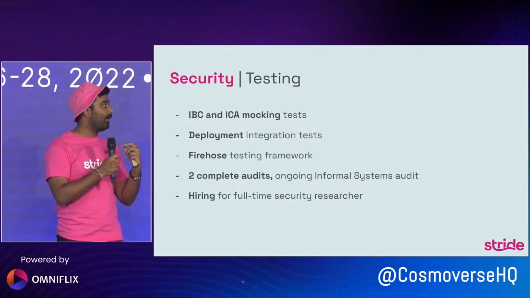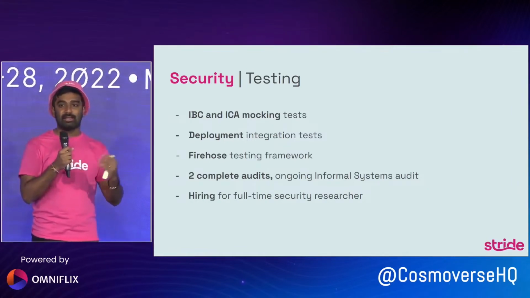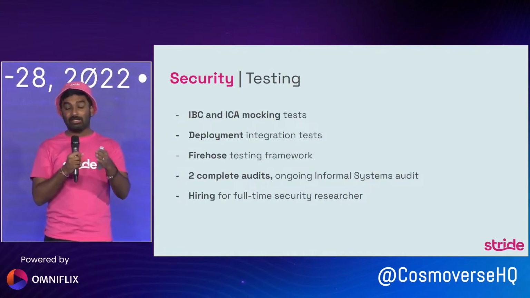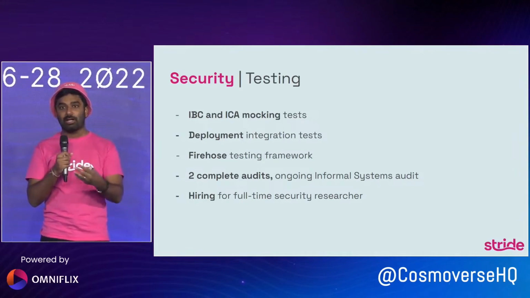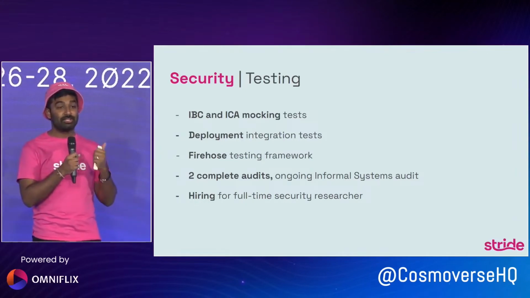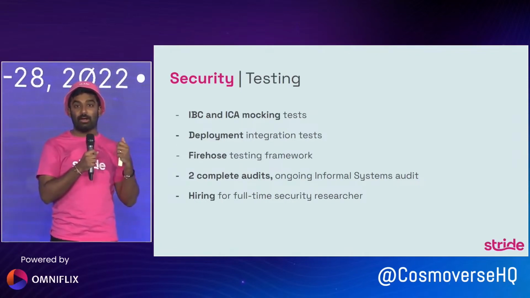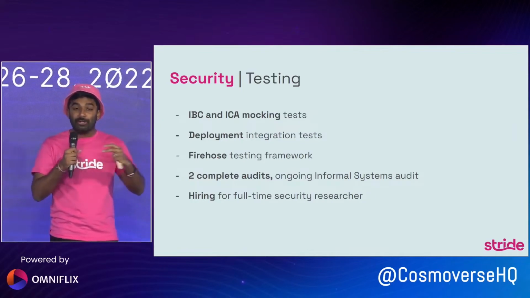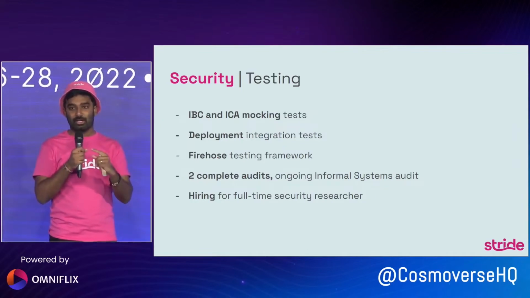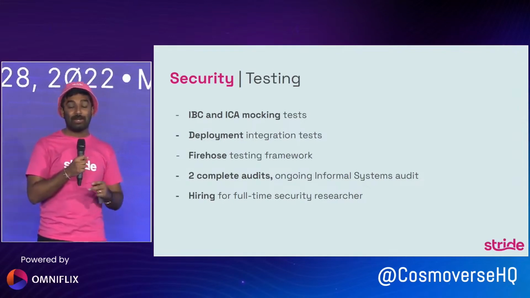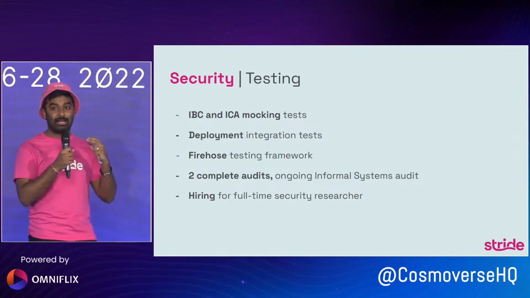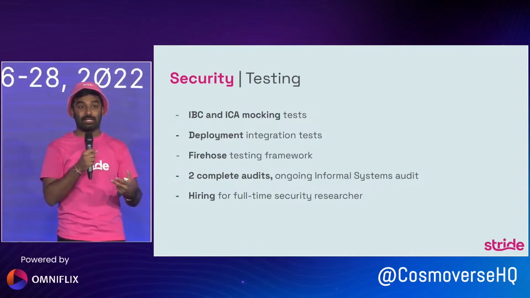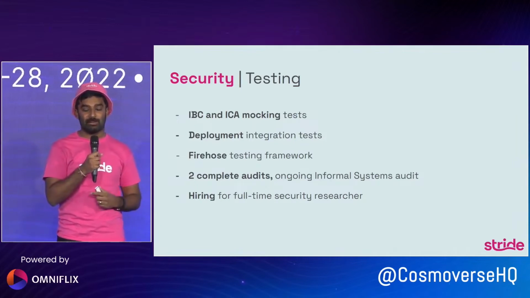When we want to deploy Stride to a new chain, let's take Osmosis as an example, we have a very standardized and rigorous process for how Stride is going to deploy onto this chain. This starts off with first, we spin up an internal testnet for Stride and an internal testnet for Osmosis. We then run through the full suite of Stride tests on this connection. After that's done, we spin up another Stride internal testnet and connect that to the Osmosis main testnet. Again, we run through the full suite of Stride tests here to make sure everything's functioning as expected.